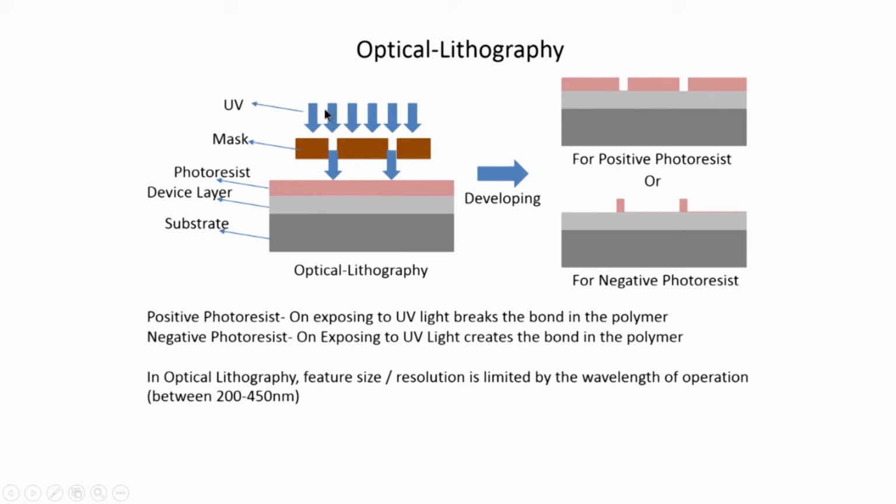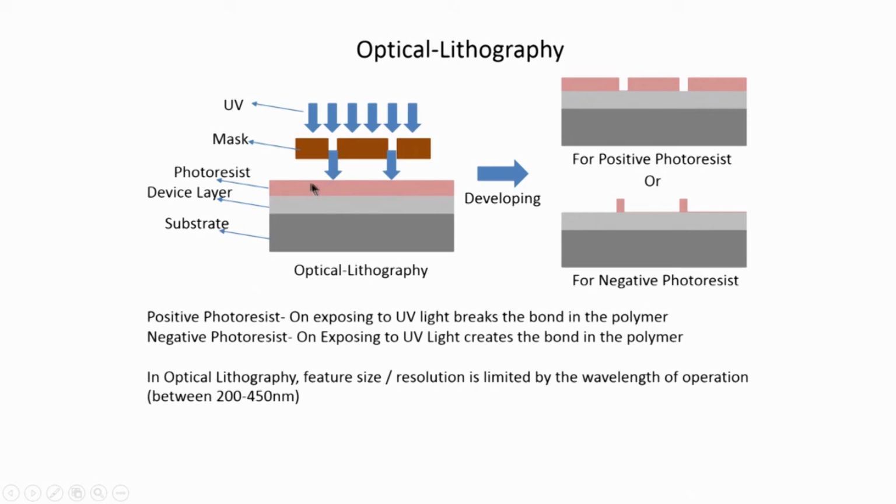Typically an ultraviolet light is used to expose this photoresist. On exposing to UV light, the photoresist polymer bonds break and they become amenable to removal or